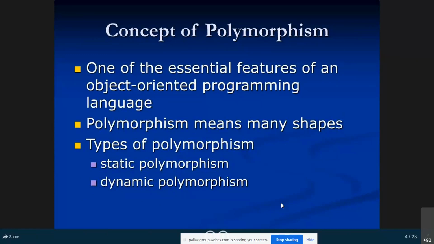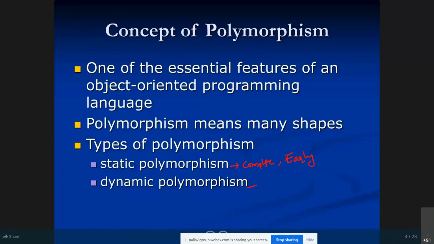Static polymorphism, in other words, you can call compile time polymorphism, or else early binding.